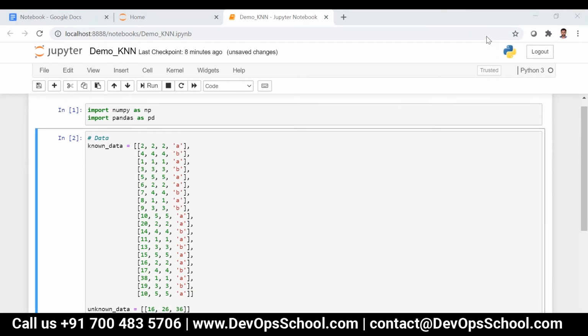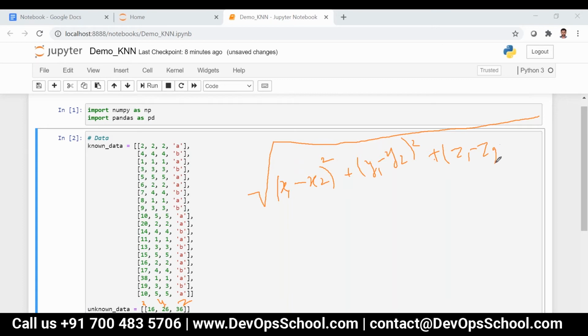For this data point, the formula will be square root of x1 minus x2. Let's say this is x, this is y, this is z. So these are all features, right? The whole square plus y1 minus y2 the whole square plus z1 minus z2 the whole square.